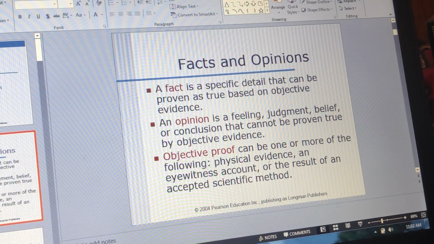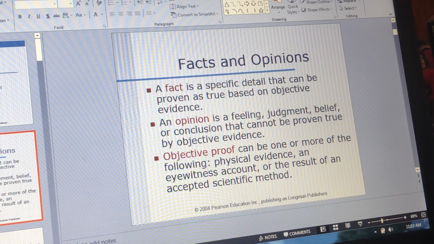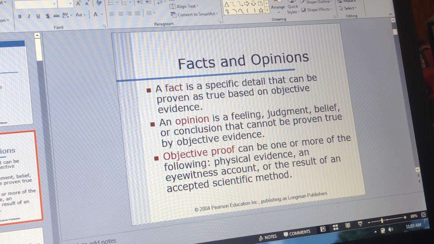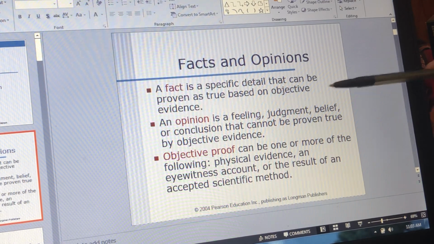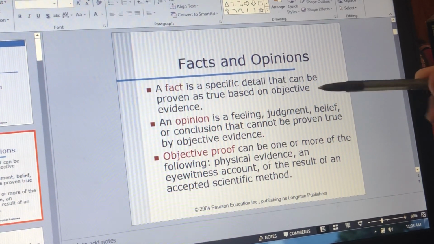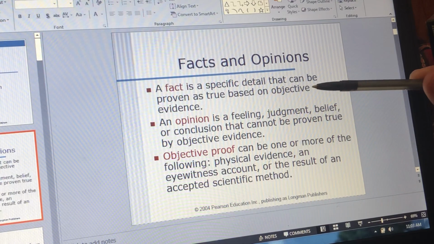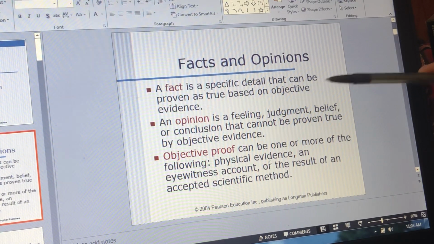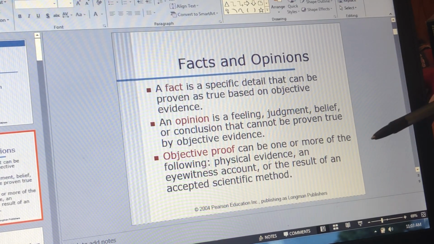If something is subjective, think about the subject. Right, it's personal. It comes from a personal frame of reference. If something's objective, think of the word object, right? It's not personal. It can be validated from things outside of the person, okay? So we'll go into more of those as we go on, because these two ideas, something that's objective or something that's subjective, are going to be very important, okay?